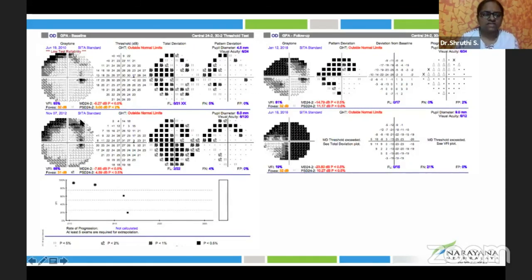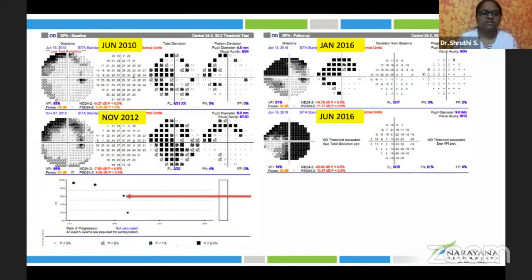This is the last example, where the patient was fairly okay. He is a one-eyed patient whom we followed up from 2010 to 2016, and he was almost okay. But in June 2016, he came back with a sudden drop in vision, and he was not able to move around also. When we checked back the history, he said he had a stroke in March 2016. So the hemifield defect added on to the superior arcuate defect, contributing to a three-quadrant defect. This is the defect due to glaucoma, and this is the defect due to the CVA, the stroke.